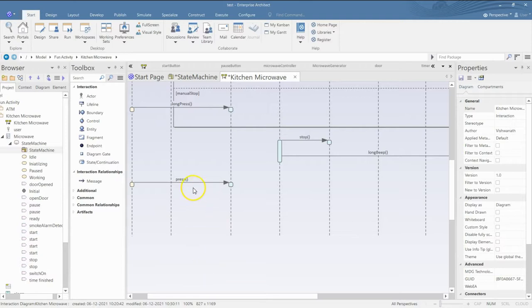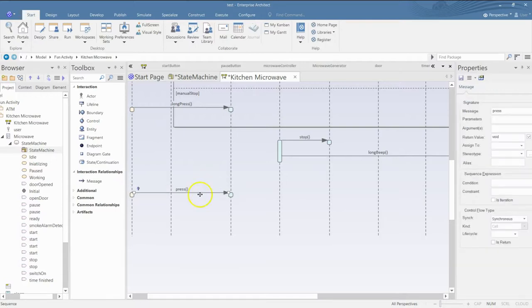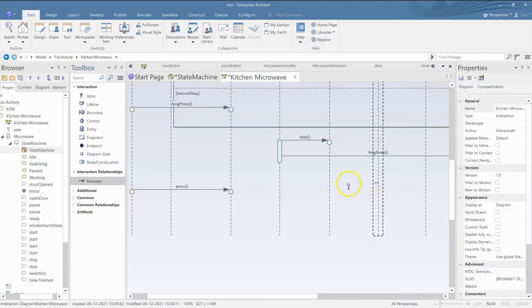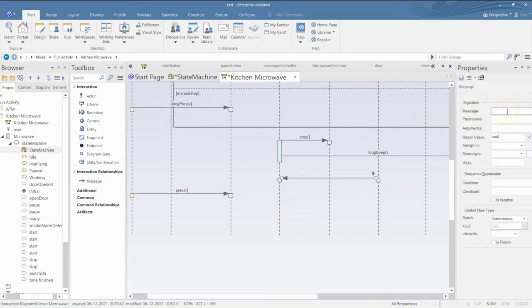Okay, so again, pause can happen in two ways. What are those ways? One is when the user manually presses the pause button, and the other is when the user opens the door. So one is this, and the other is the door sends a signal to the controller saying door opened.